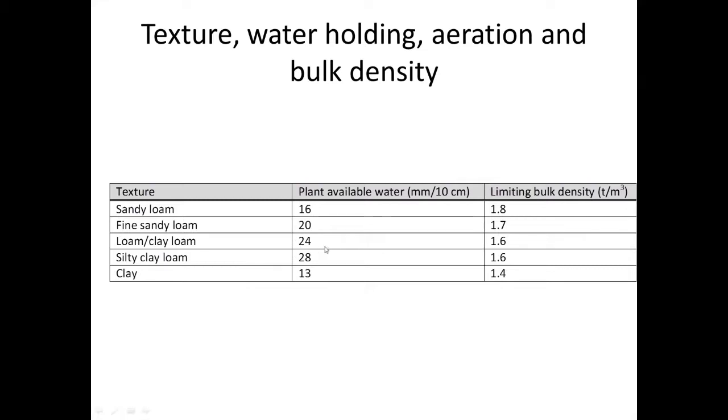What's also interesting about that is that lots of the Russian Chernozems and the black soils on the plains of the US, where they grow such terrific crops, tend to be in this group here with this very high water holding capacity. The limiting bulk density